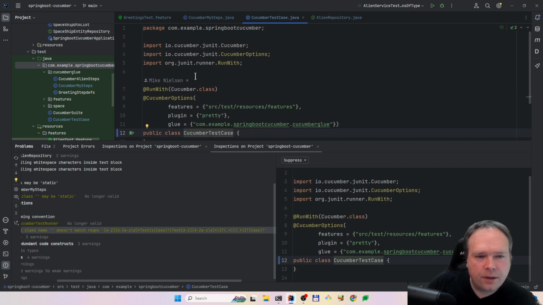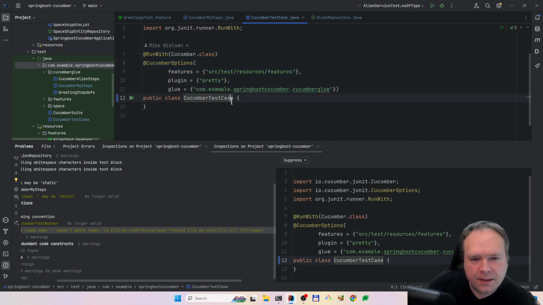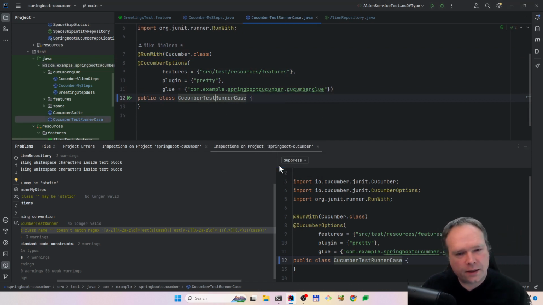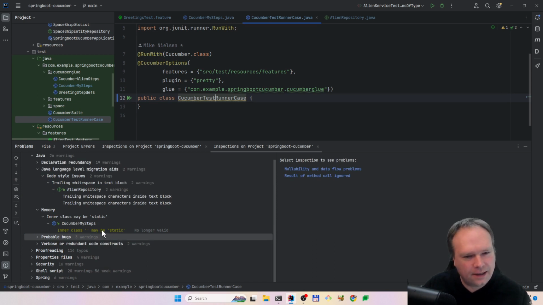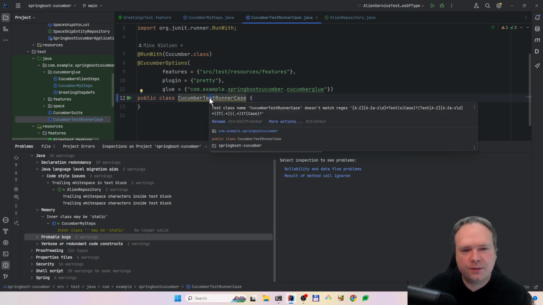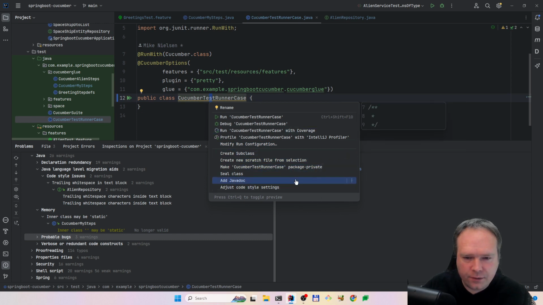This is actually my cucumber runner, and I like to call it runner because I know that is the class where I have my @RunWith right here, and I have my cucumber options. So I would actually argue that you could exclude that one, the test runner case. I would like to keep it actually. So I'll just right click and then I'll say exclude. Oh, I wanted to ignore it with comments. So let us do that. More actions, Alt Enter. And here we will say